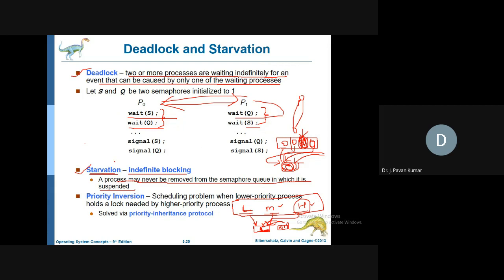That is called starvation. It is like, let us consider we are having a doctor, then we are having a list of patients who are waiting for the doctor for their turn. Whenever the doctor is not available, we will be adding patients to the waiting list.